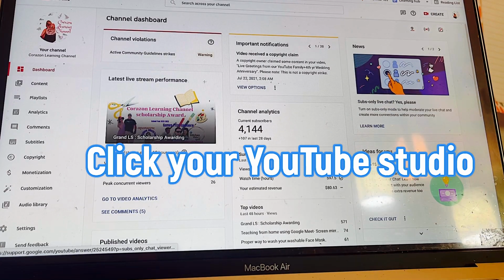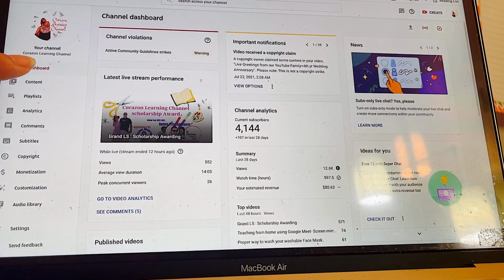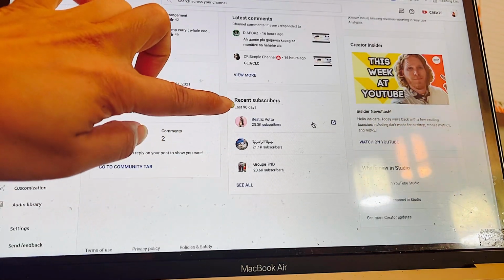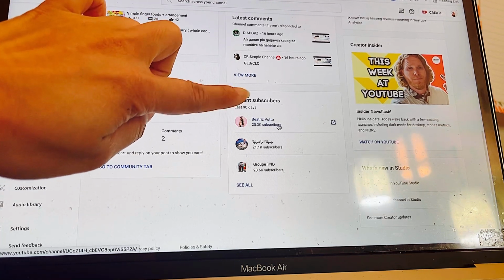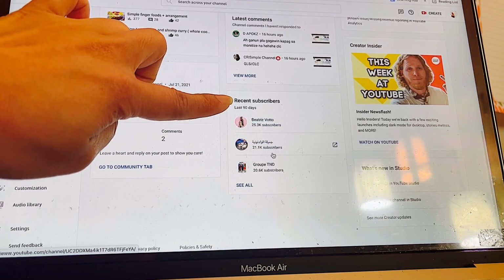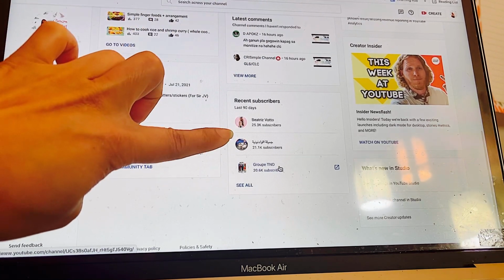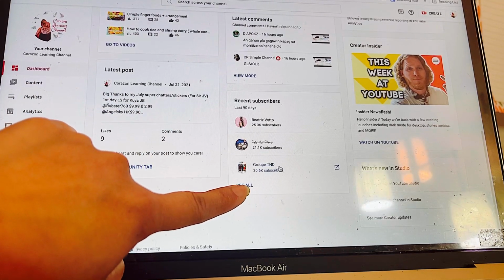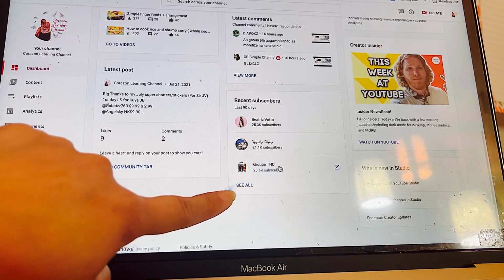Okay, after you click your YouTube Studio, you're gonna move to your dashboard, and then on the bottom part, you can see here recent subscribers. So when you see this one, meaning to say those are the ones who subscribed to your channel recently. But then here you can see this word, see all, if you want to know who subscribed to your channel before. Okay, click that,